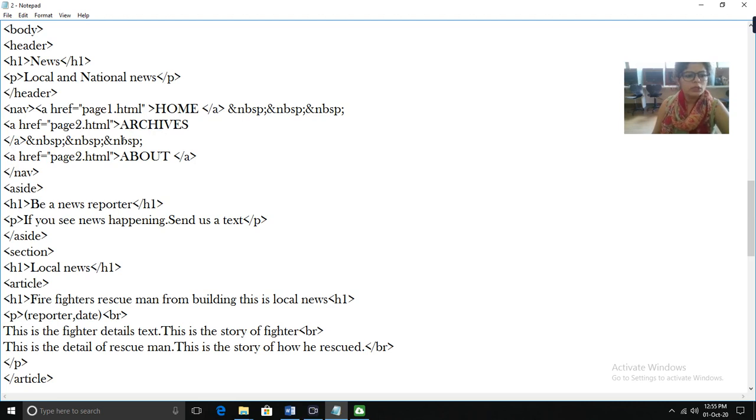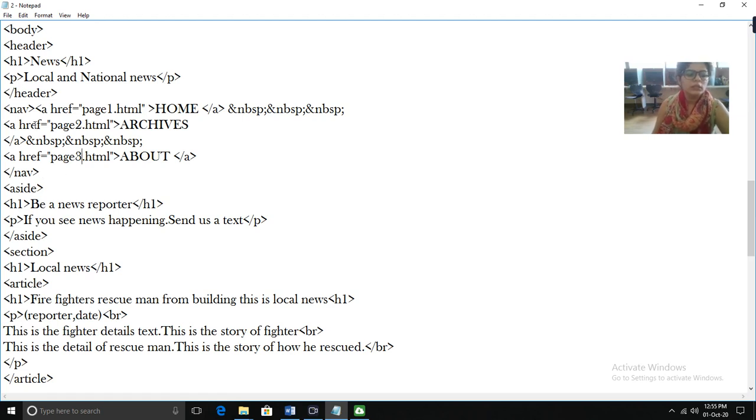So again this will create a space. Third tag is again an anchor tag. Here I'm going to use page3.html. Anchor tag, address of page, text, and anchor tag close, navigational tag close.